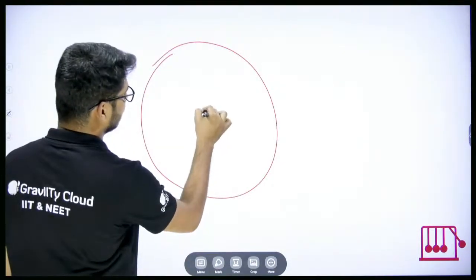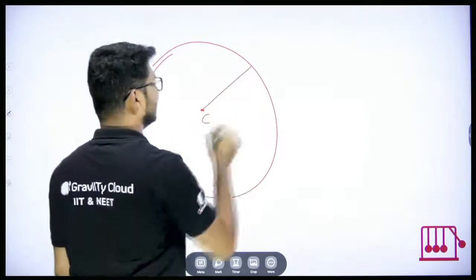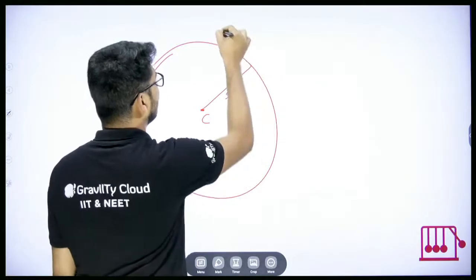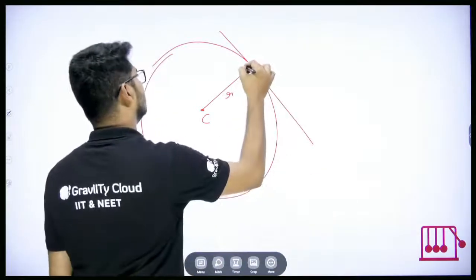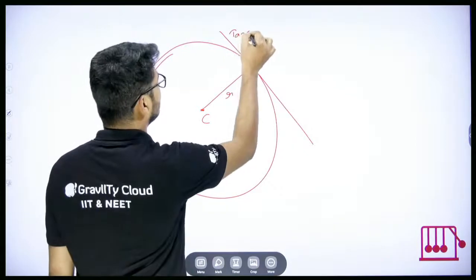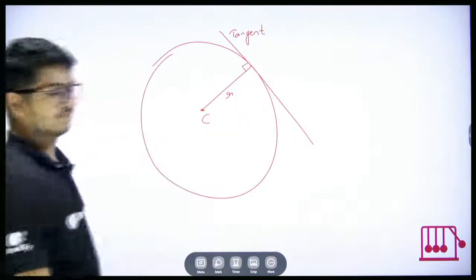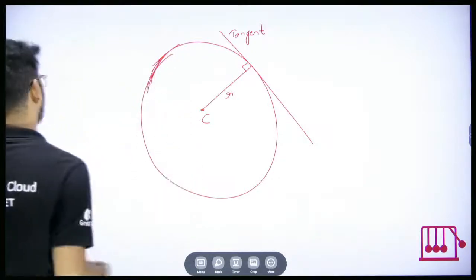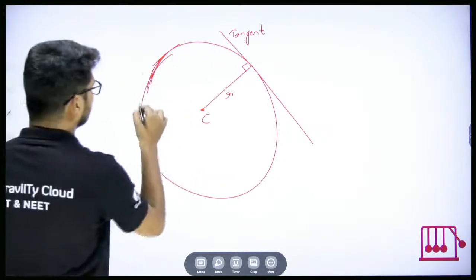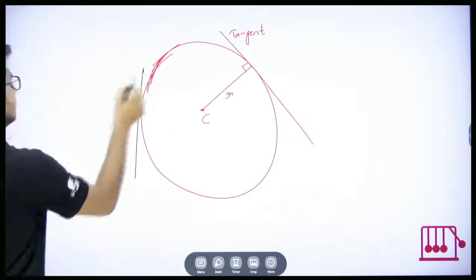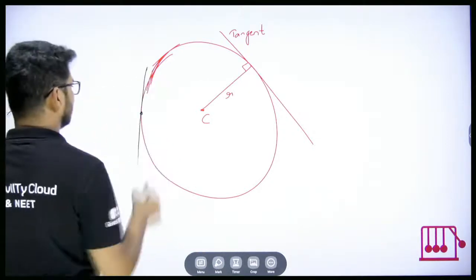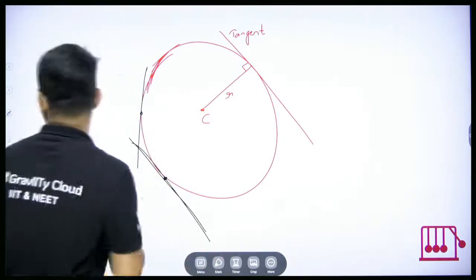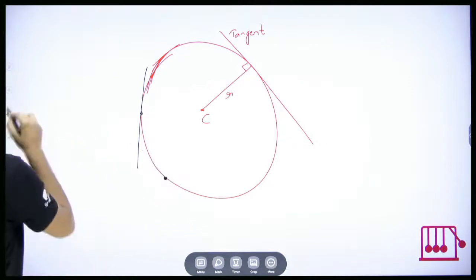So once again, when we look at a circle, it has some important points. One is the center, then you have radius, right? And then at every point we'll have what? We'll have a tangent also. This is the tangent. In fact, every point has its own tangent. You can draw a tangent here also. The tangent will be something like this. But at every point you'll only have one tangent. So that is the interesting point.